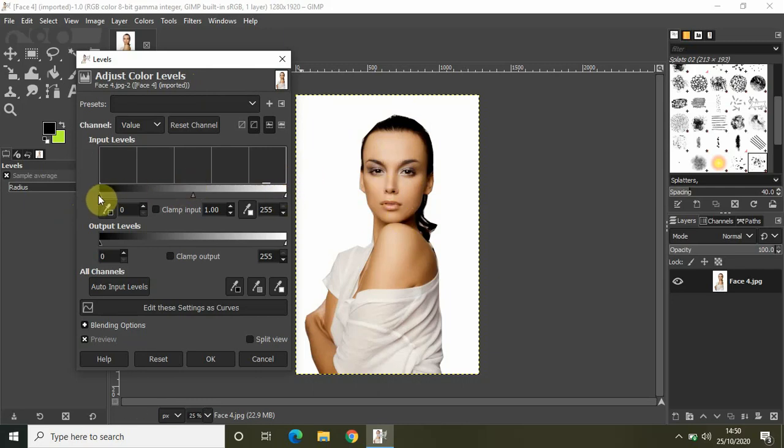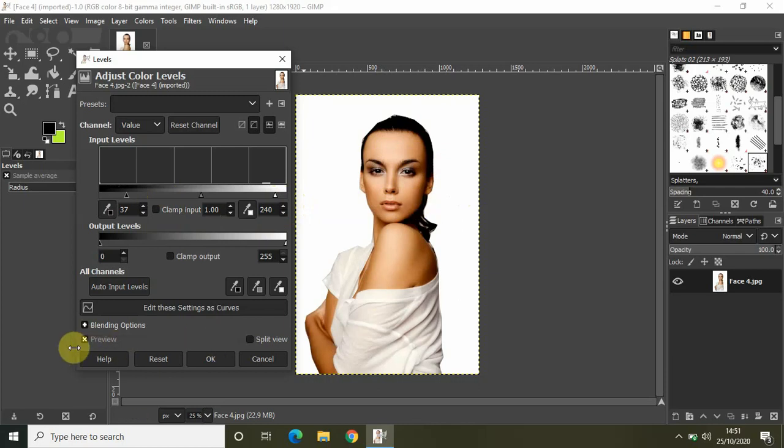So for example, notice the difference on the screen. Maybe if I bring this cursor right here and this cursor somewhere around here. I'm pretty sure you must have noticed the sharpness which came on the screen.